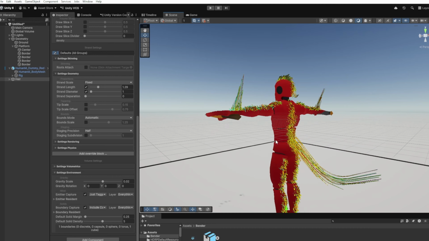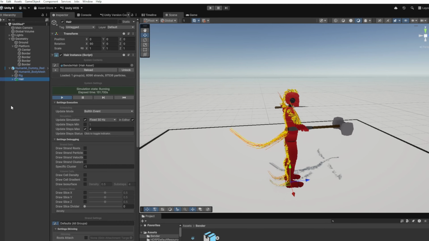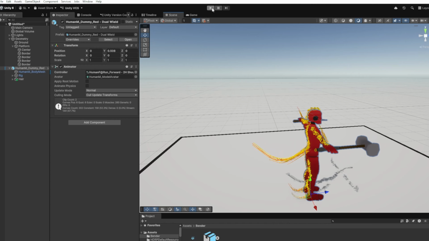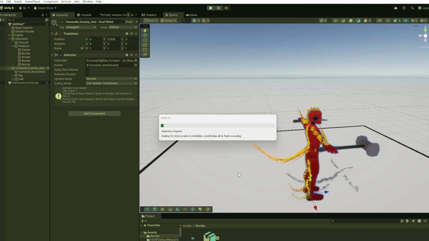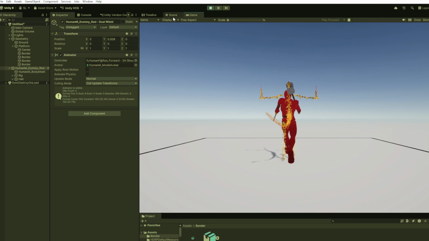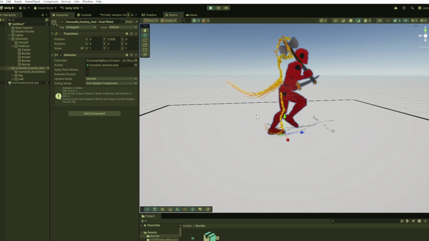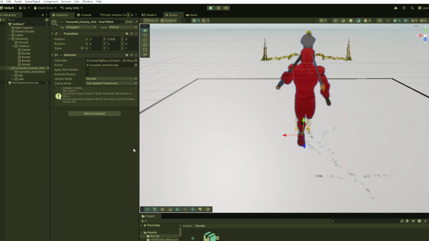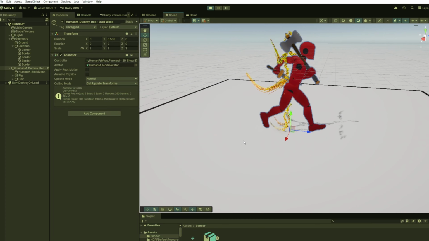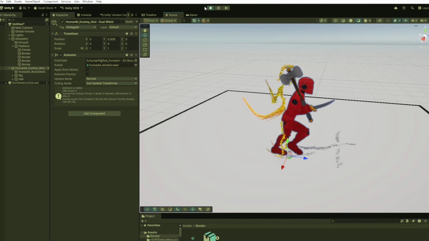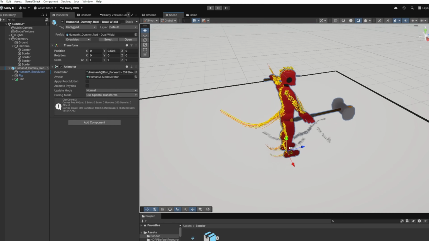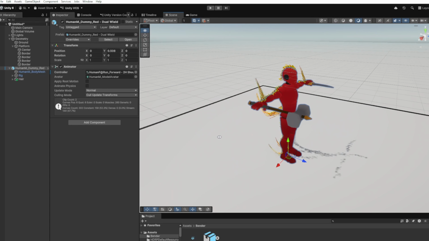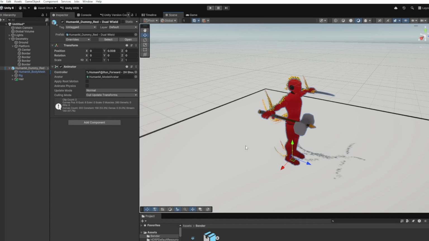So let's give it a try. Let's play. Let's make this model move so you can see how it moves with the hair. And you'll notice that the hair isn't moving with the model, and that's because we're missing a specific part of adding the hair. Right now we just know how to add the hair, but now we're supposed to add a skin attachment system to the hair and the model,